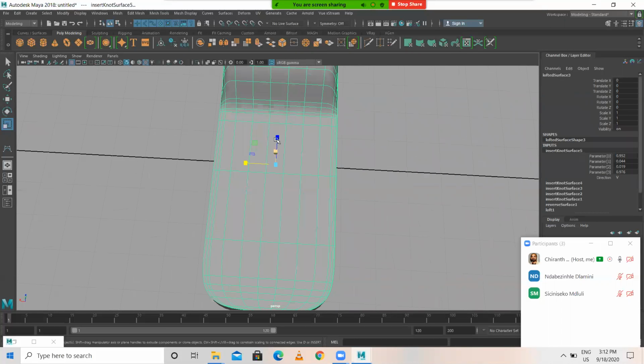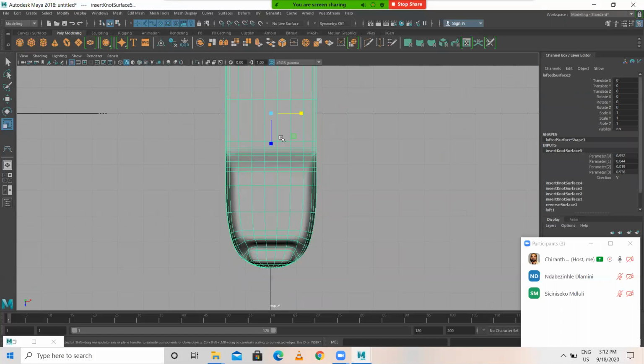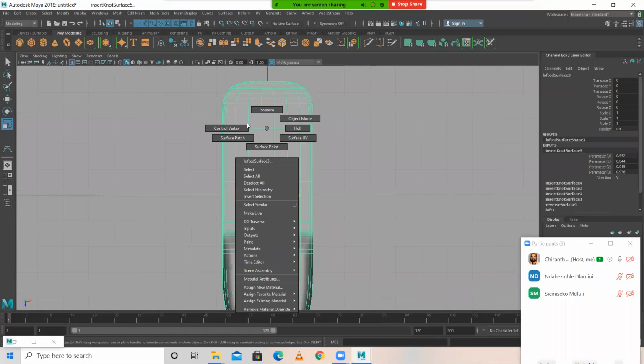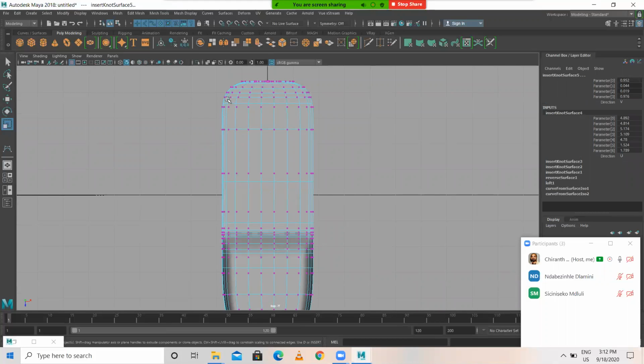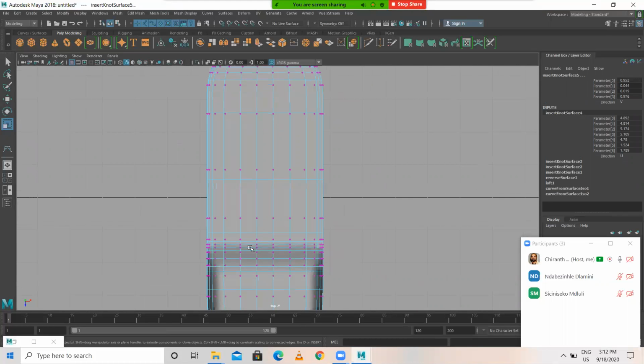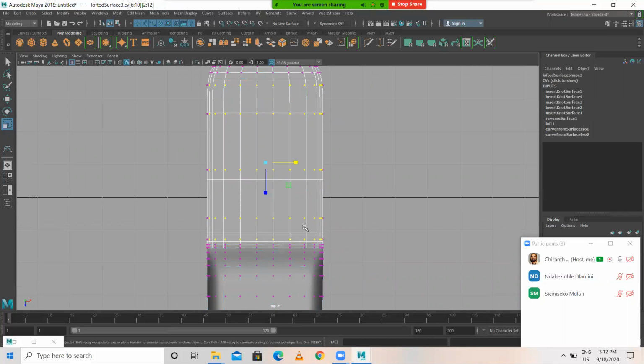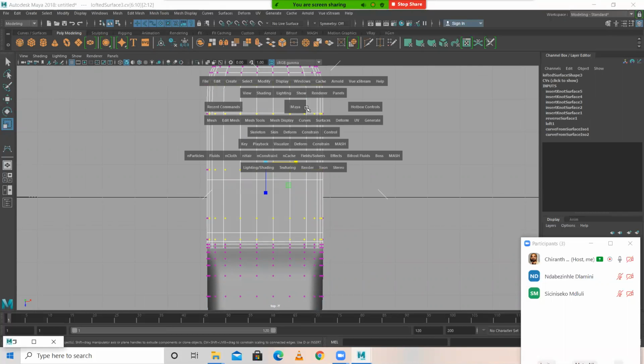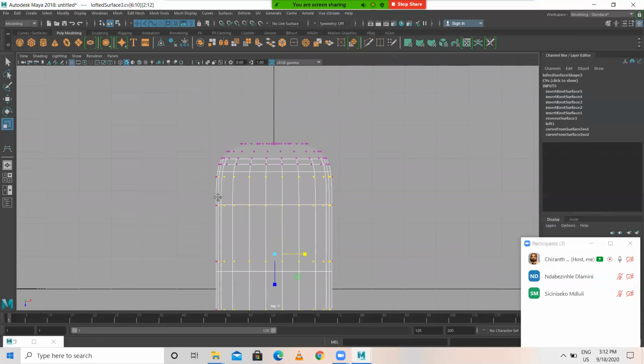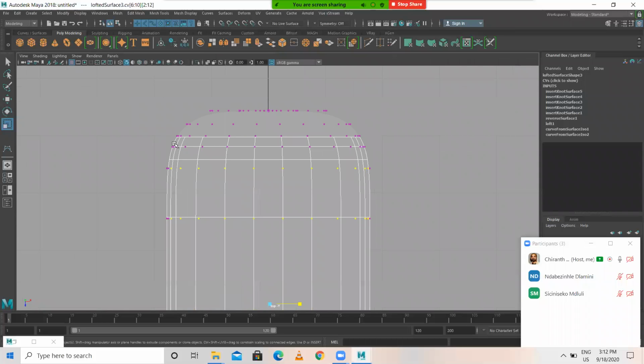You got a mesh here. Go to control vertex. So closely you choose the vertex here. Don't select the border vertex. You should not select.